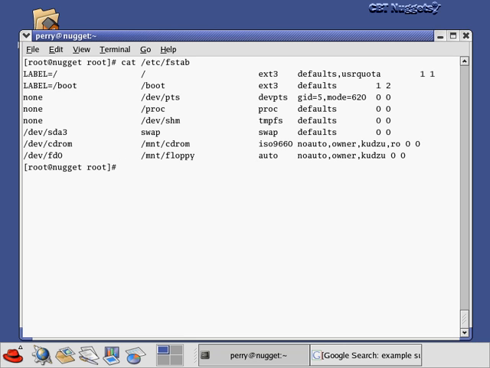Now, one thing to note here is that the quotas that you're going to enable, like user quotas or group quotas, are going to be implemented on a file system by file system basis. So I can't put a user quota on, like, the /tmp directory, unless I have a partition explicitly set